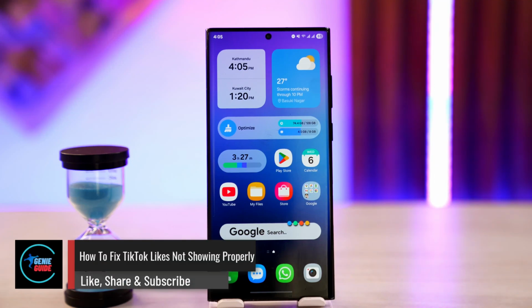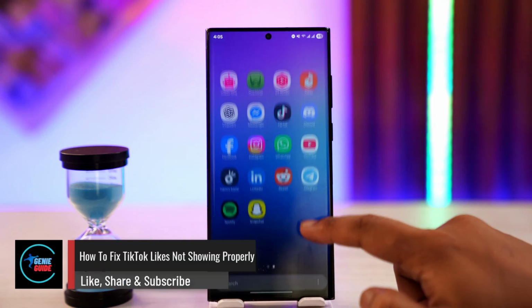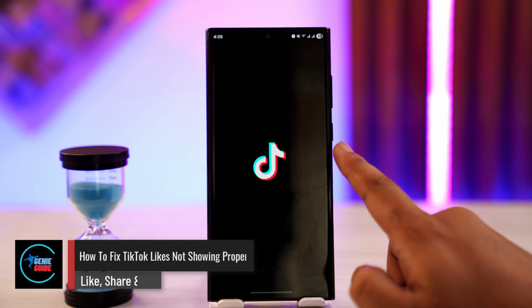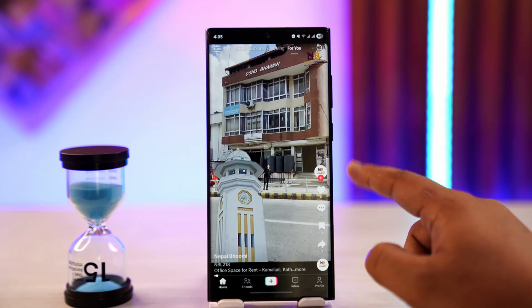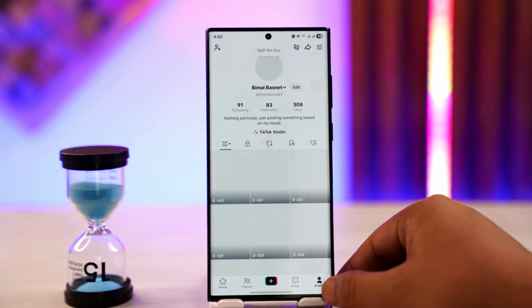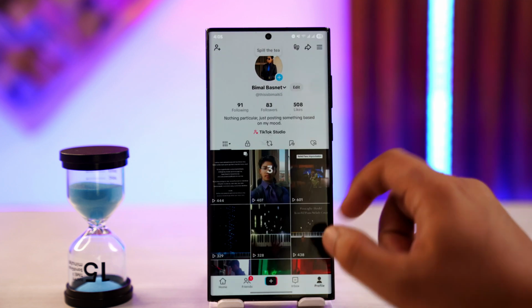How to fix TikTok likes not showing properly. So if your likes on the TikTok app are not showing properly, what are some of the reasons why this is happening? If you're coming to the likes tab over here and you're not able to see the likes properly,